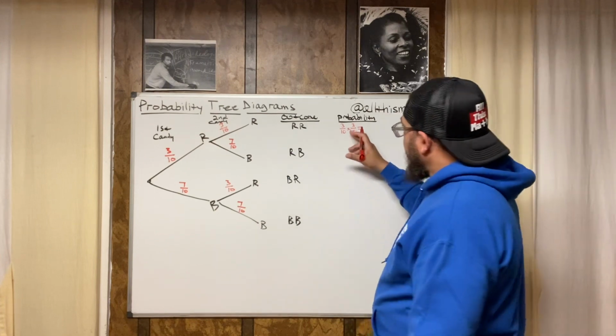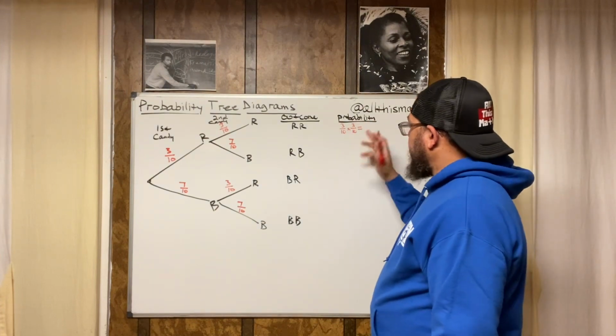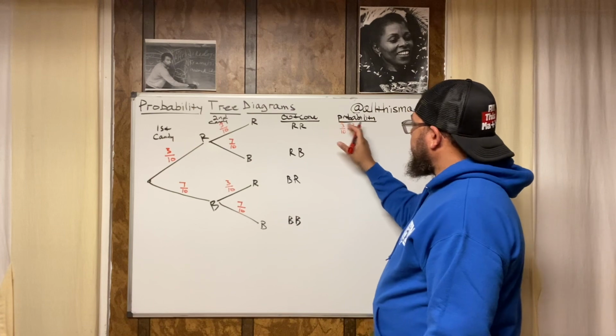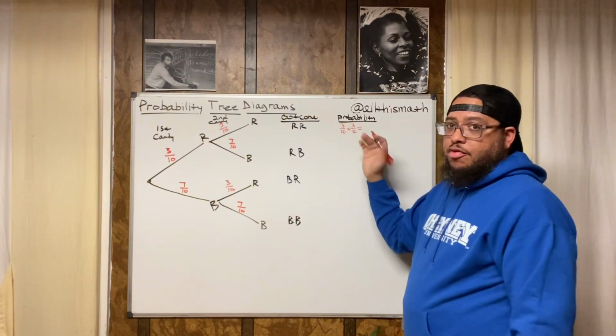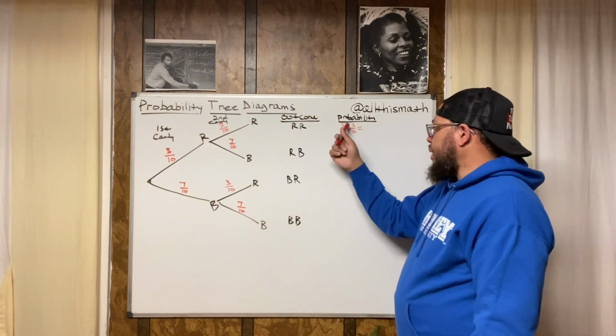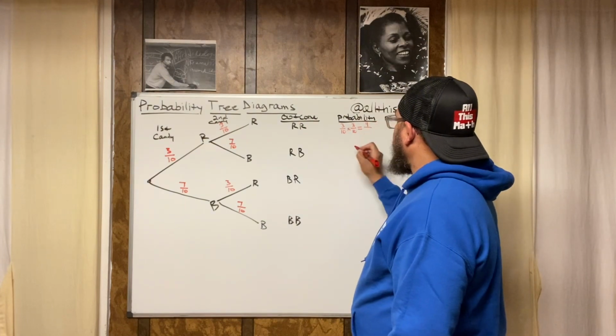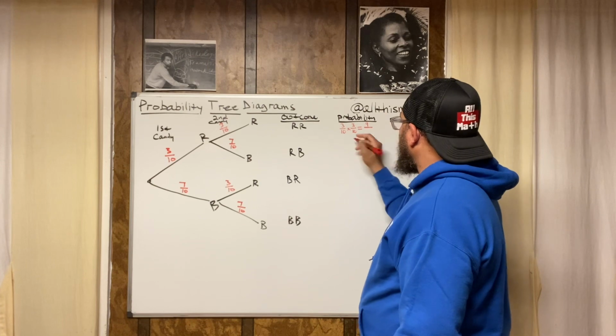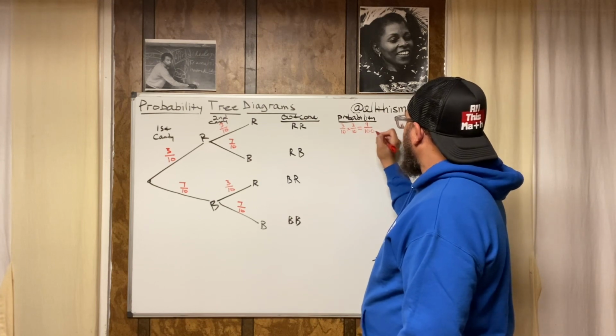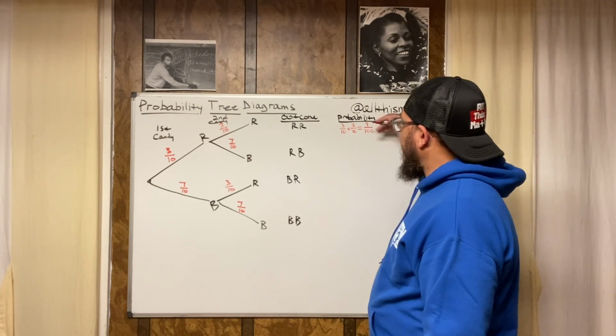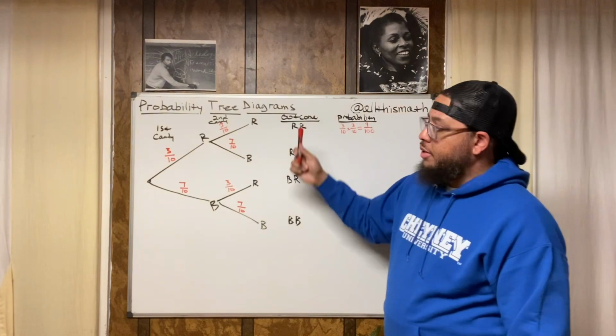All right. I can't cross cancel. I like cross canceling, but I can't do it here because nothing diagonally has a common factor besides 1. That's why I can't do it. So I just multiply horizontally. 3 times 3 is 9. And I meant to switch back to the color black, but this is cool. 10 times 10 is 100. So there's a 9 out of 100 chance of this happening.